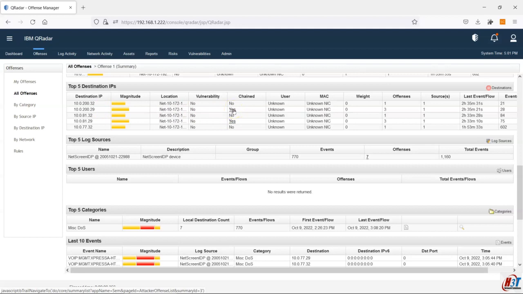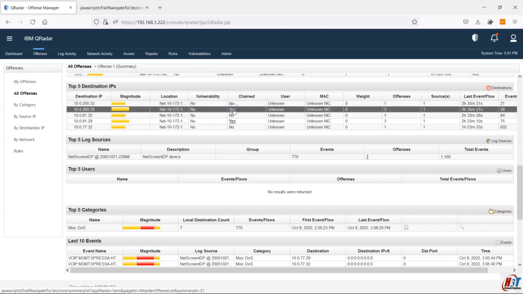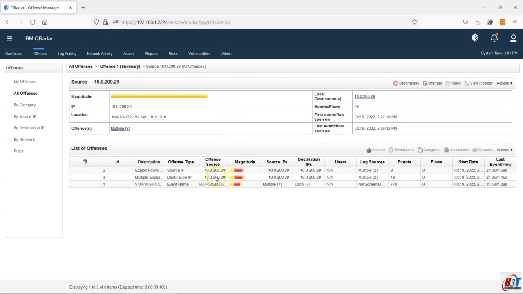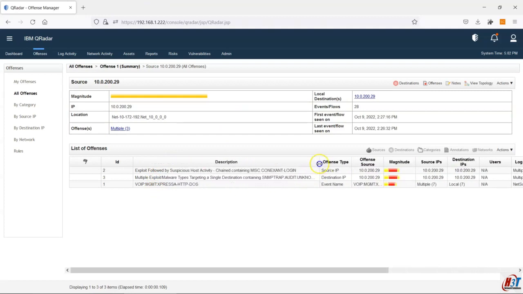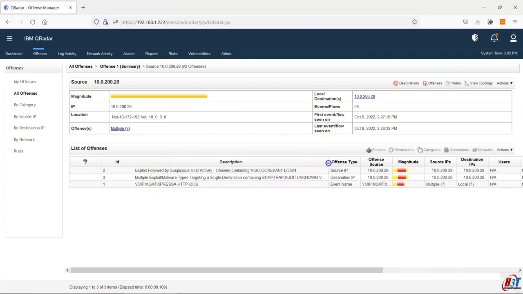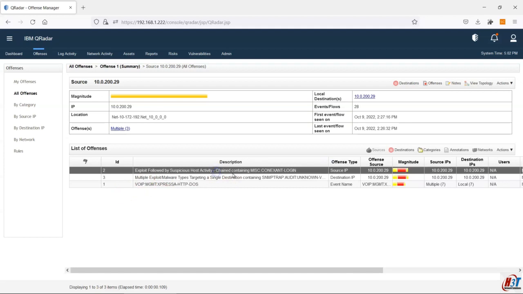So I opened another window to check more, and I get to know that yes, it was a source IP for another event, and that's why we can see here the chained